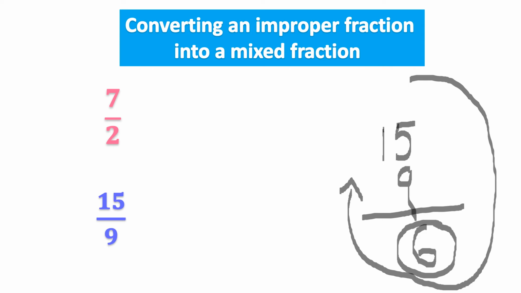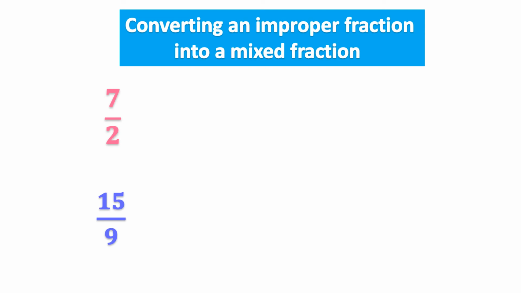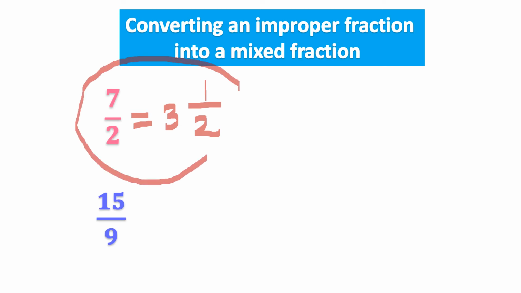Now let me show you something. When I converted this, what did I get? I got 3 1 by 2, right? Now let me check whether this is correct or not. How do I check? We have already learned how to convert a mixed fraction into an improper fraction before, right? So let me convert this mixed fraction. So how do I convert? First I take 3 and 2 and multiply it,